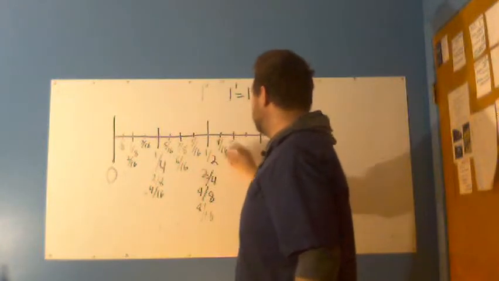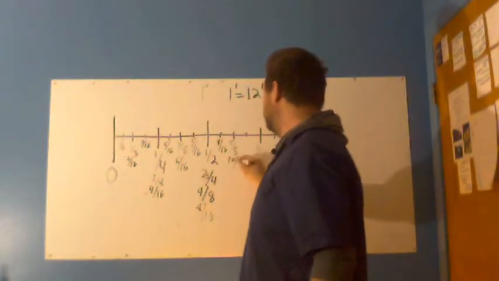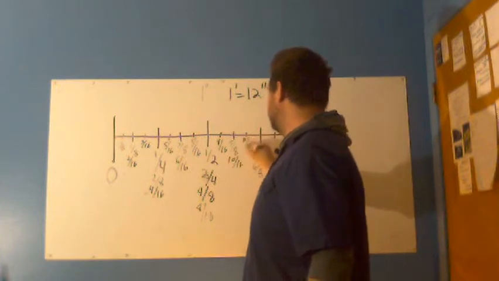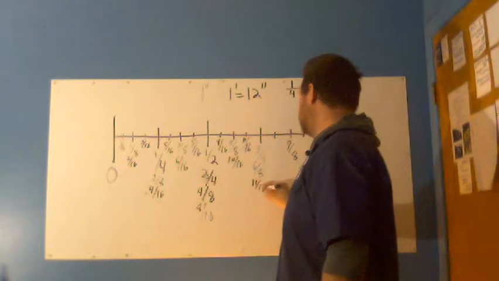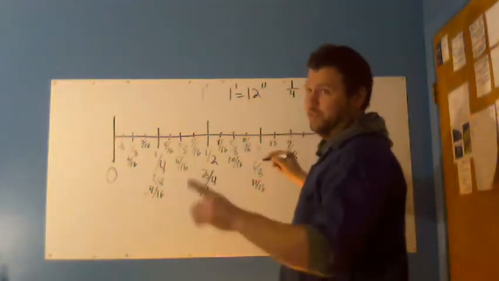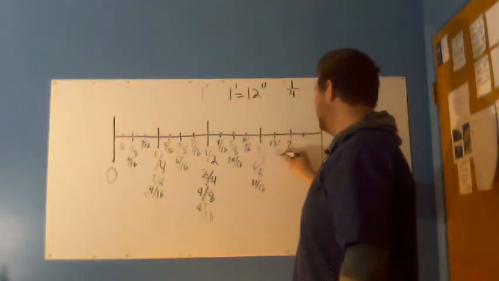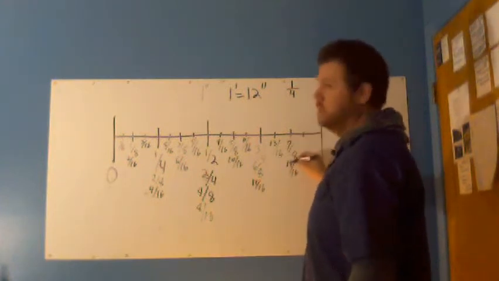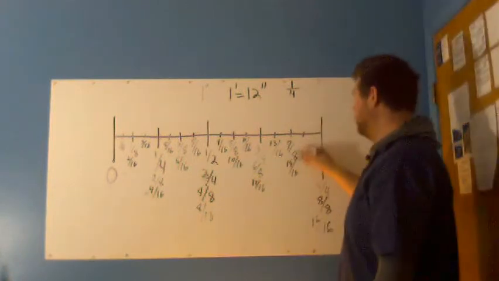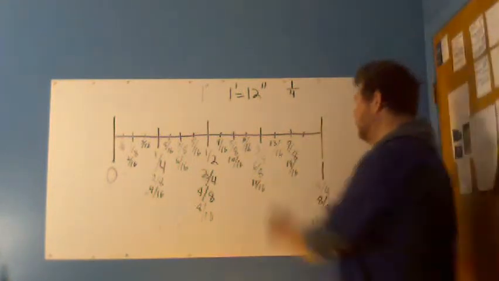9 16ths, 10 16ths, 11 16ths, 12 16ths. I almost jumped there. I almost said 13 16ths too early. 13 16ths, 14 16ths, again, 7 times 2, you have twice the number of parts. You can do this the other way. If I give you something like this,